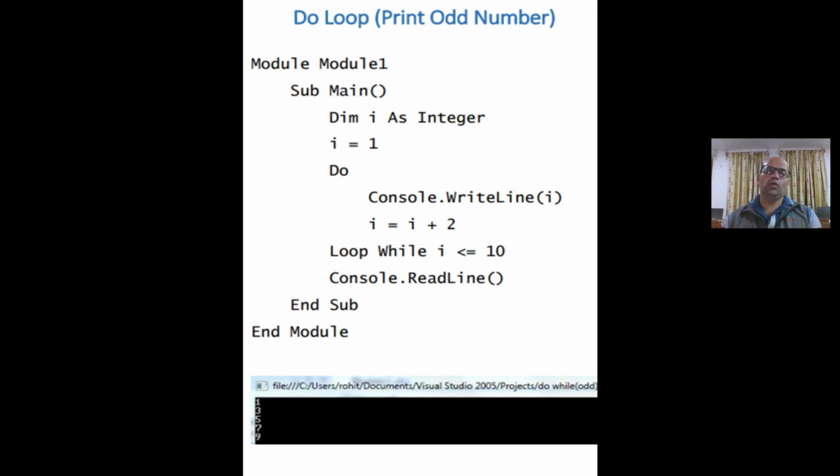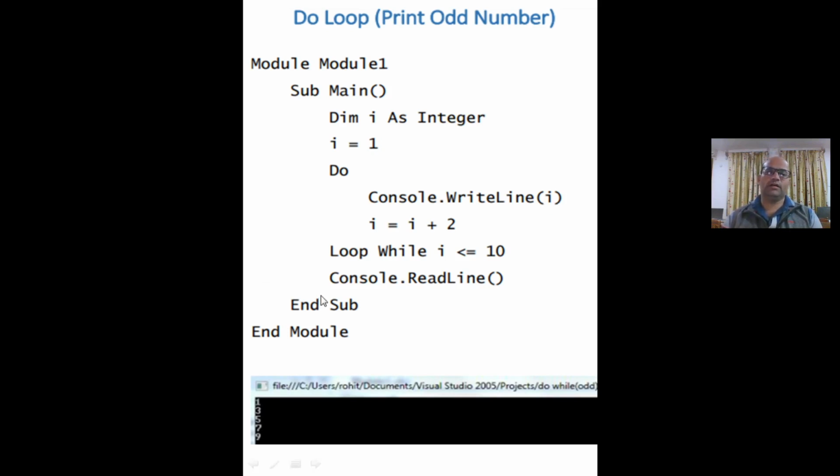After that the loop checks the condition: while I is less than or equal to 10. Yes, I contains 5 which is less than 10. Now the do loop runs again. Console.WriteLine(I) prints the I value on screen, which is 5.